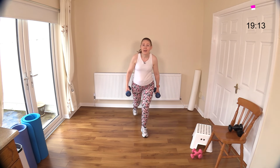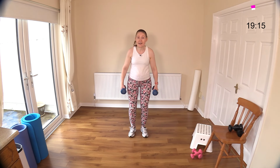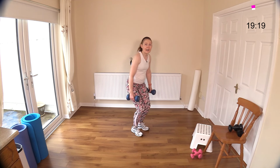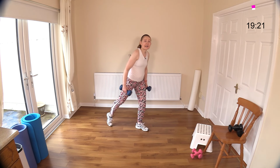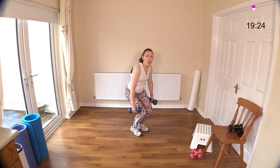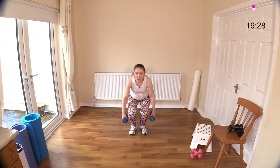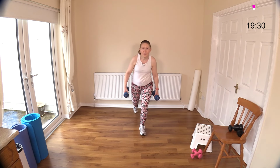Step back, narrow squat or suitcase squat, and other leg. Make sure you alternate the legs. Just do a little seat if you can, a little step back, and step it back. If you're not able, again, as usual, for the deeper ranges of movement, just step it